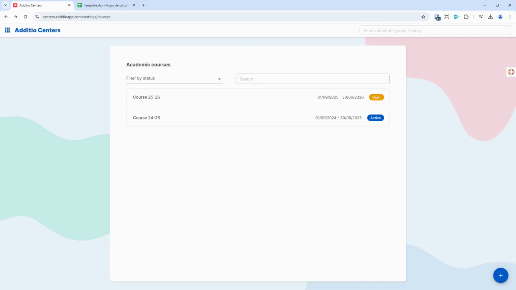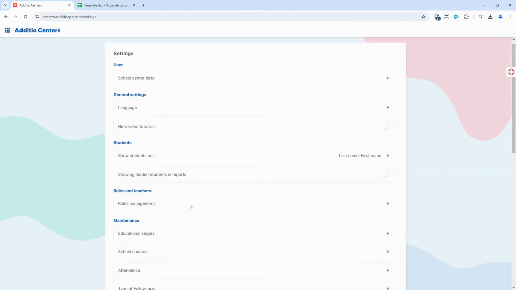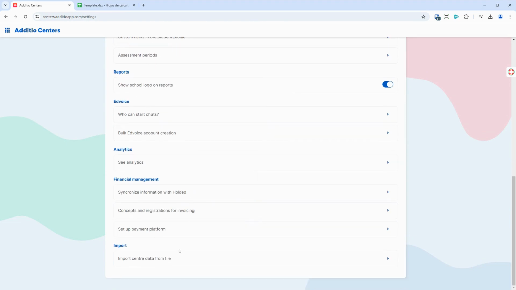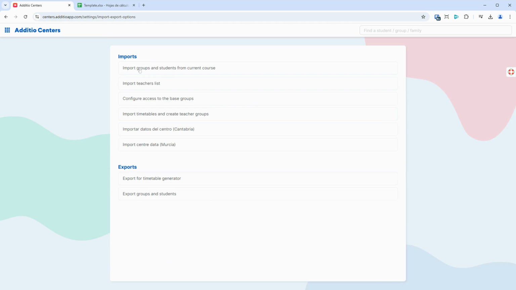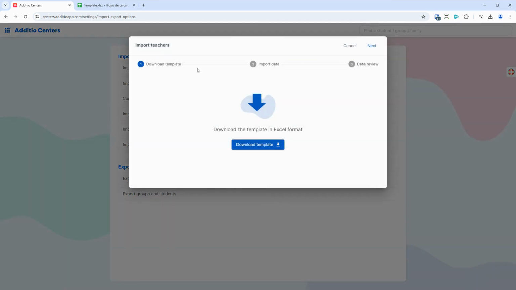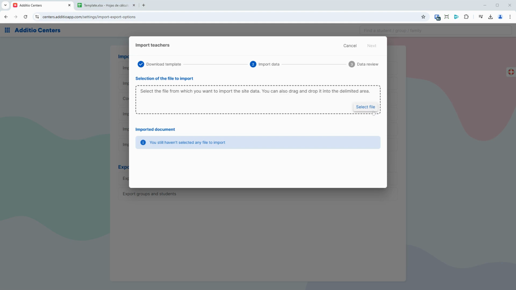The next thing we need to do is to import the teachers, only if we don't have them already. To do so, we go to the menu, settings, and we go down to import center data from file. We click here and we see different options. If we click on import teachers list, we will need to follow a few steps. First, we will need to download a template in Excel format, which will be very easy. Then we will select this file,